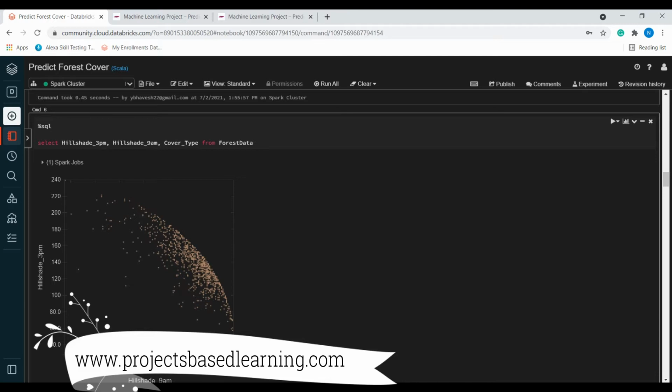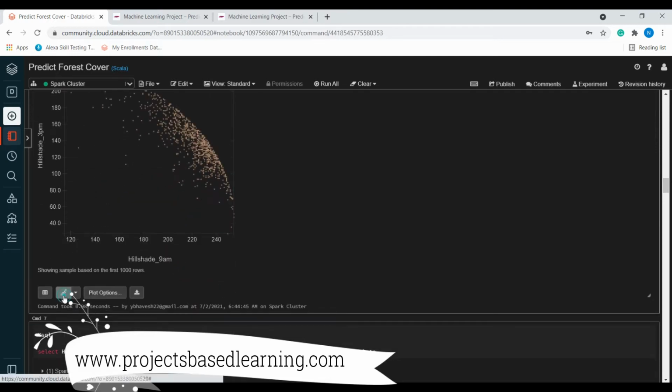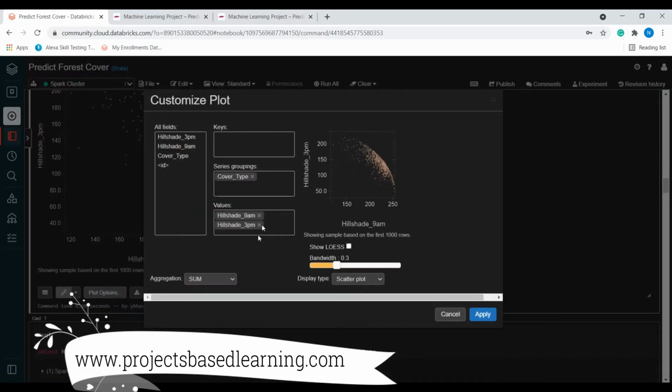It shows a diagonal line, and we make sure we do the following. Series grouping is by cover type. We need to drag cover type over here and these 2 columns into values.